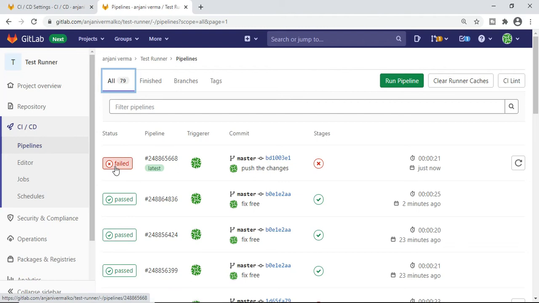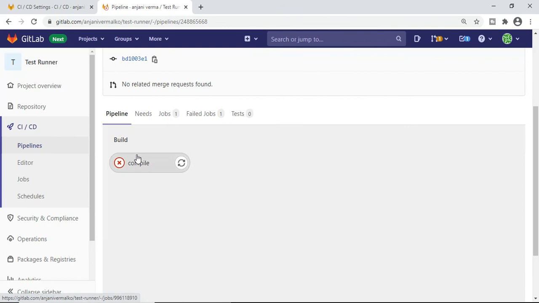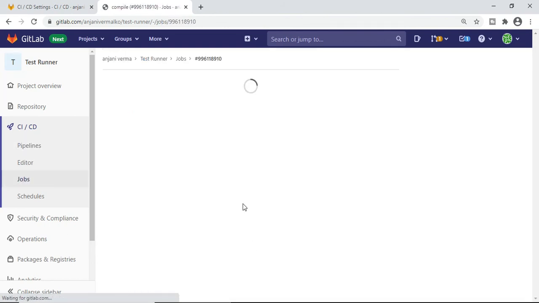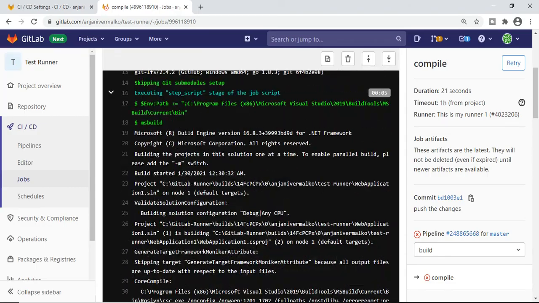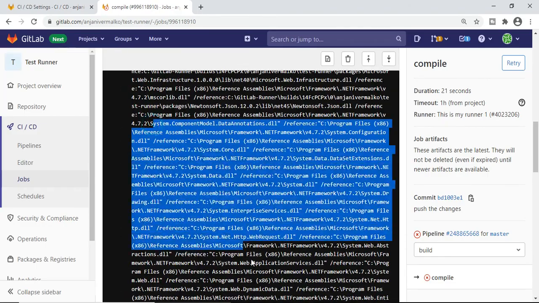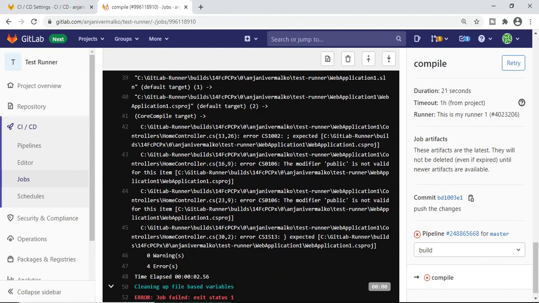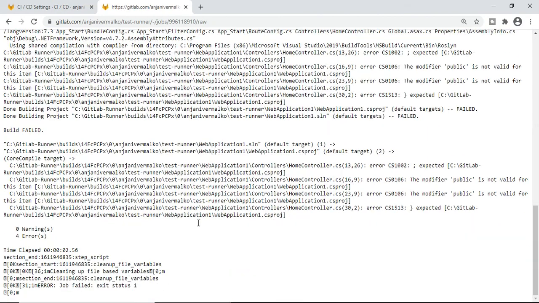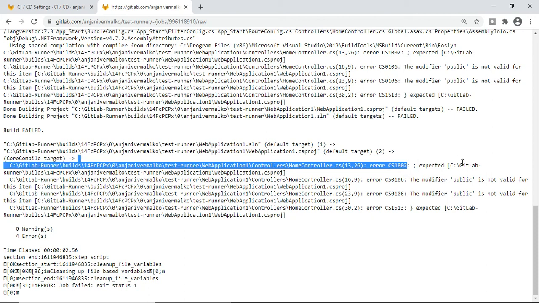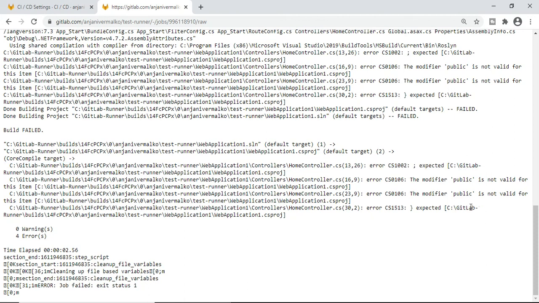See, it's failed. Click here to see the error. Go to compile. Some logs are showing on a black screen, so it might be confusing to see the error here. So click here to see it as a txt file. See, on the home controller I am expecting this, and the curly brace is missing, so it's giving the exact error.